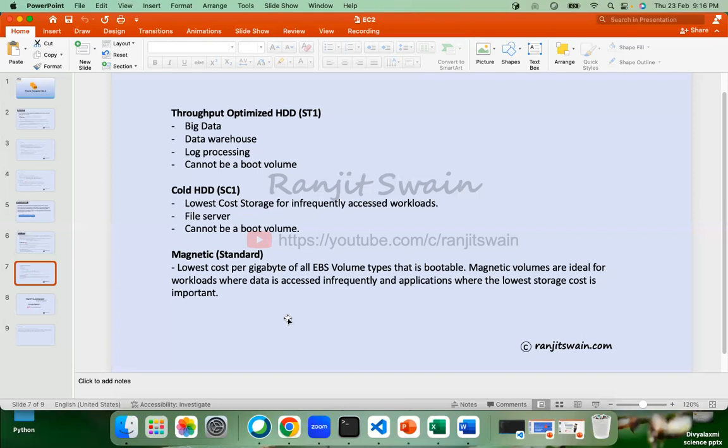We don't need immediately. In EBS, we have this magnetic standard. This is the lowest cost per price, which is bootable. That means you can install applications here. Magnetic volumes are ideal for workloads where data is accessed infrequently. Let me give you an example. If you have an application, suppose